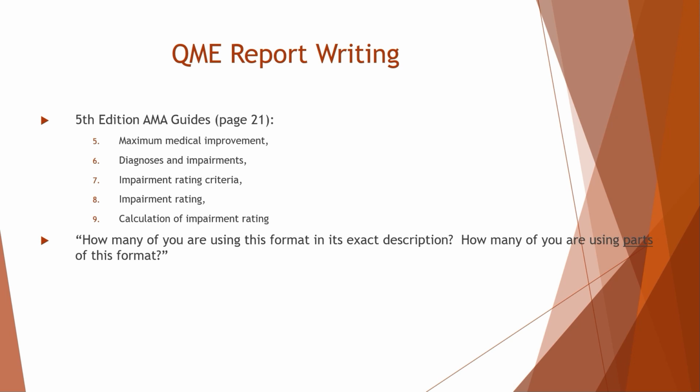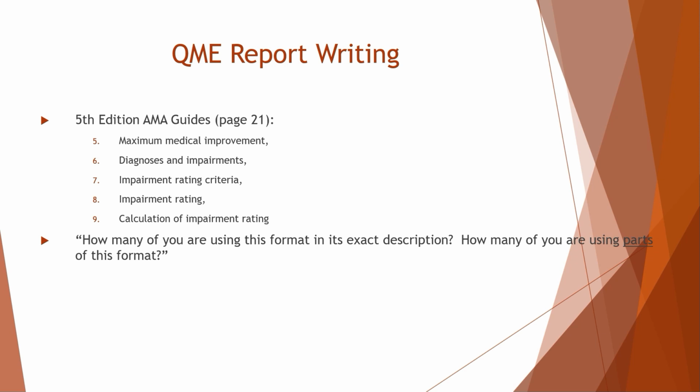Many doctors put down diagnoses that have no connection or no relationship or no consistency with the permanent impairments that are described by the doctor. And this is a report writing inconsistency. The diagnoses and the impairments should be consistent. We're required to describe our impairment rating criteria. We're required to describe our impairment rating. And then we're required to calculate the permanent impairment rating and explain how and why we arrived at a particular